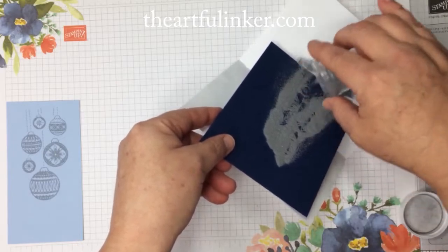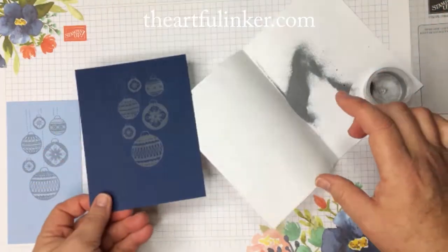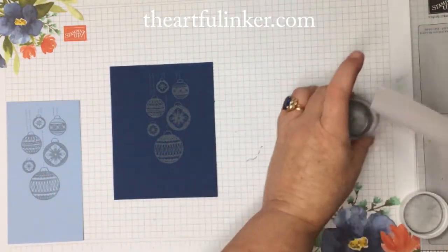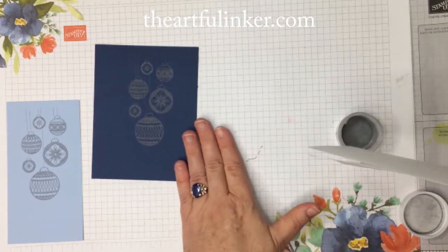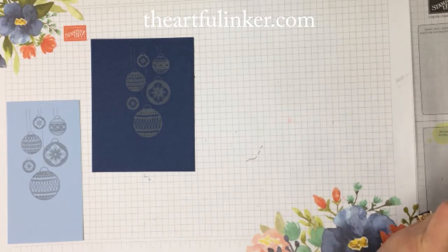Embossing is one of my favorite. It's still a wow, even after all these years of stamping. So I'm going to let those set just a moment while I take a piece of Whisper White,